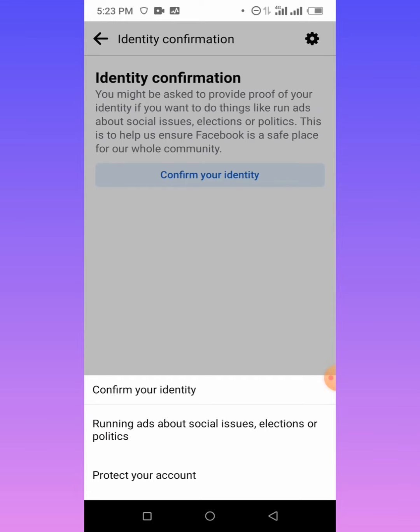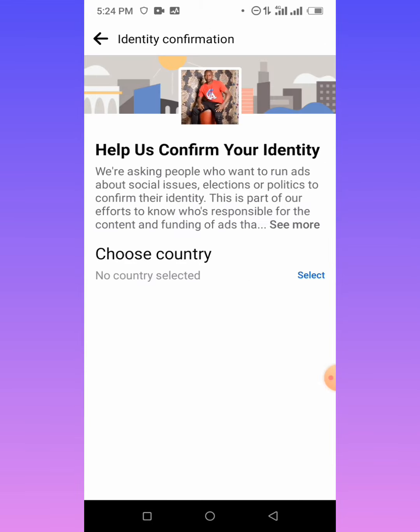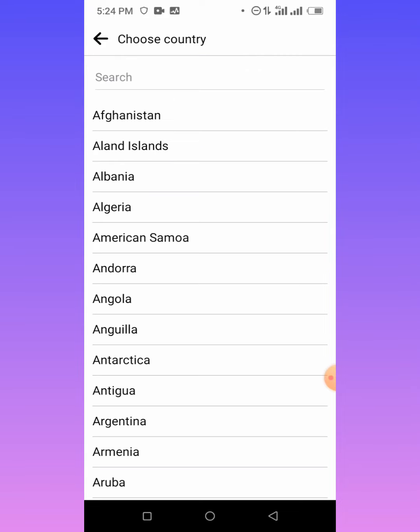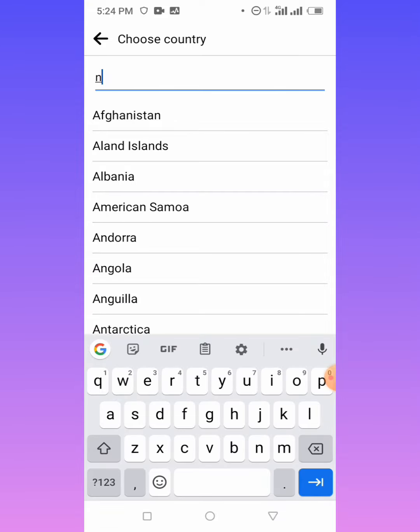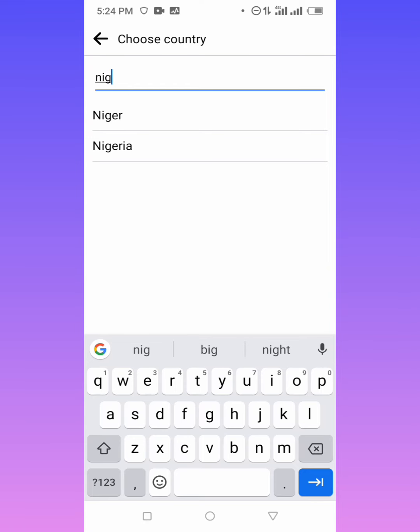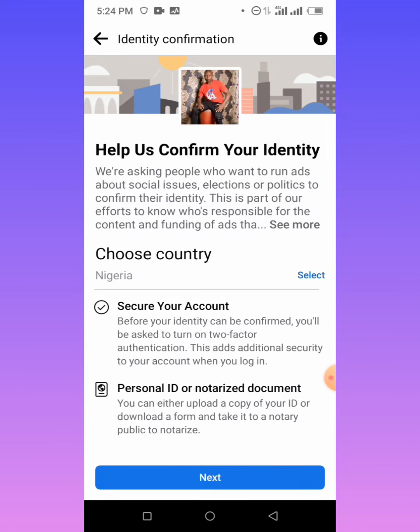All right, so when you click on it, it's going to ask you to help us confirm your identity. Choose country. So let's select our country. I'm in Nigeria, so you select whichever country you are. Let's select Nigeria, and then we are going to click on okay. Secure your account before you confirm, you have to turn on